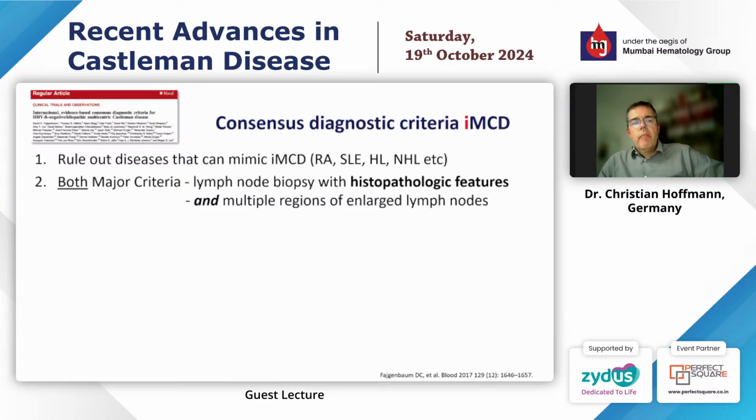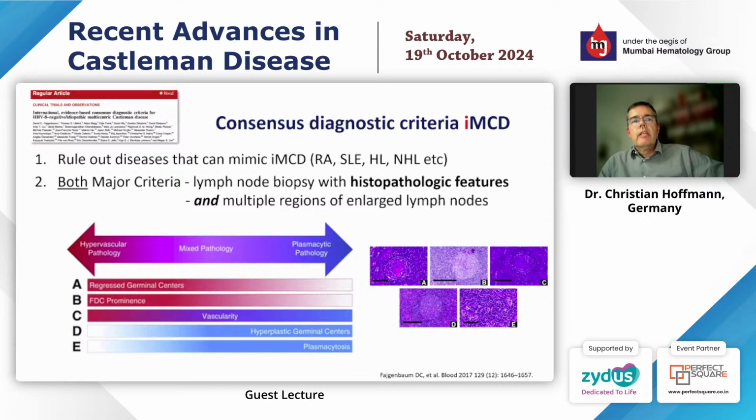to look at both major criteria, namely a lymph node biopsy with histopathological features and multiple regions of enlarged lymph nodes. And I can tell you this is pretty difficult, because the pathological findings in Castleman disease lymph nodes show a really wide range. I've seen about 100 cases under the microscope, and this is really difficult, because sometimes you have regressed germinal centers, sometimes not. Sometimes you have FDC prominence, sometimes not. The vascularity shows a broad range. So it's really difficult